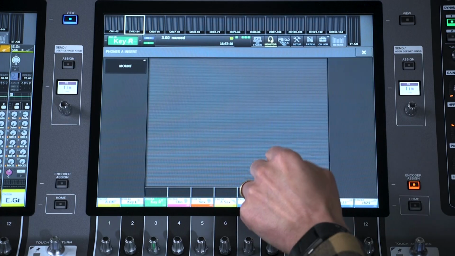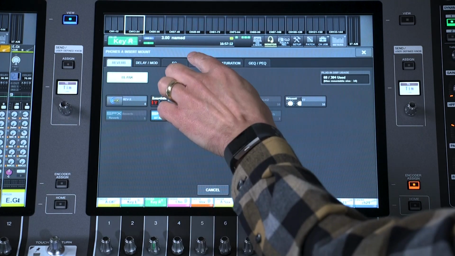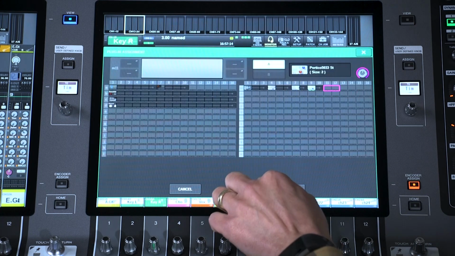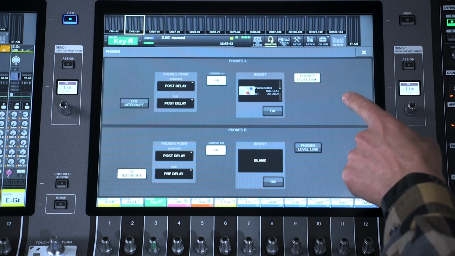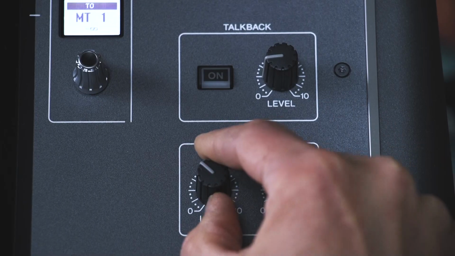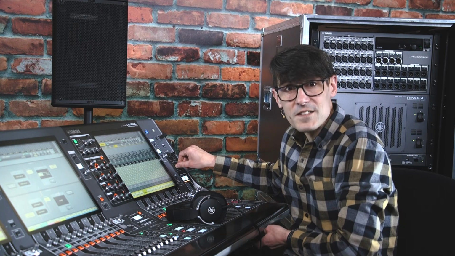And you could insert another plug-in, perhaps for corrective EQ or for safety limiting. Phones level link allows the monitor level on the console to control the headphones level, to avoid the need to keep reaching below the armrest for making adjustments.